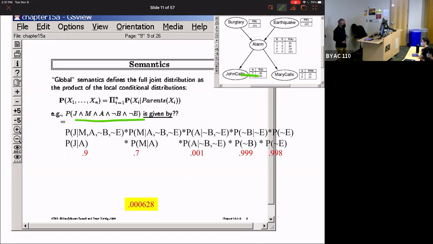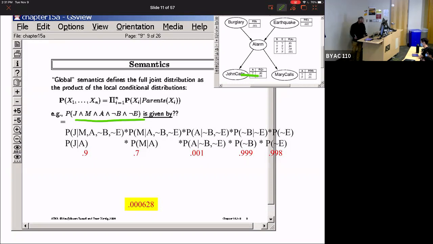And the advantage is that the parents essentially shield you from the ancestors. Parents essentially shield you from the ancestors. Okay, so that's basically what happened. So John given Mary, alarm, not burglary, not earthquake,